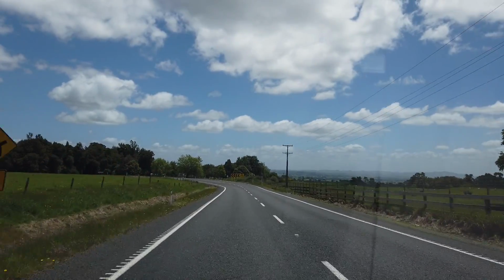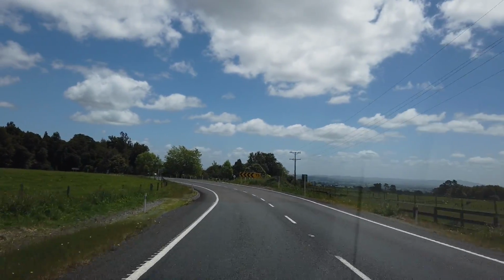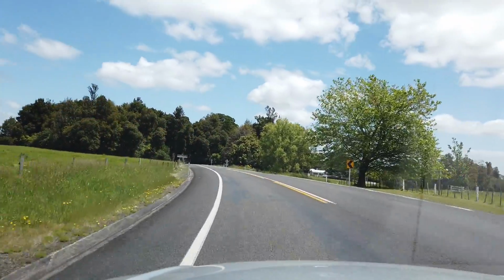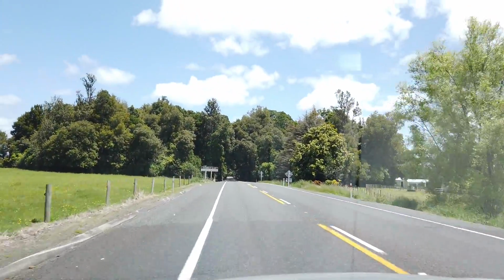We're just coming up to Fitzgerald Glade. It's a pretty little drive through the bush over the road. After that, it's really just road home, so